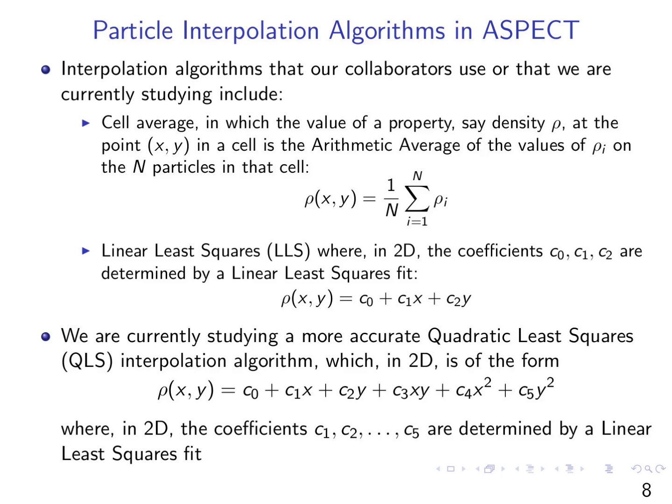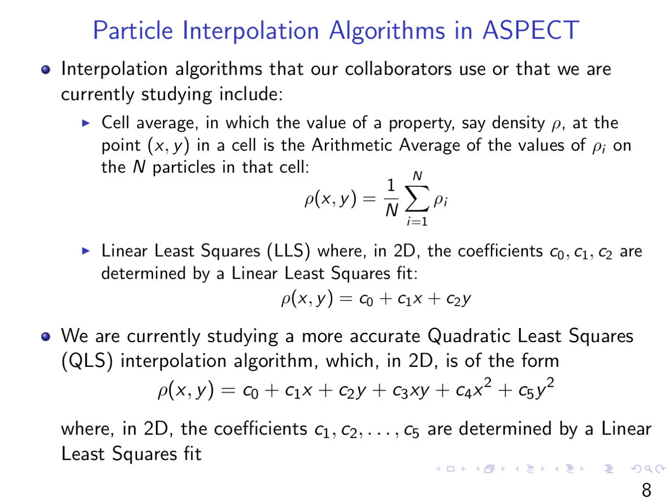The simplest of which is the cell average interpolation, which purely takes the average of all the particles' property values in the cell. Right? Sums it up, divides it by the number of particles, and assigns it to any point that needs a value. And that works okay. It gets second order accuracy and it won't overshoot or undershoot. Then we have the linear least squares,